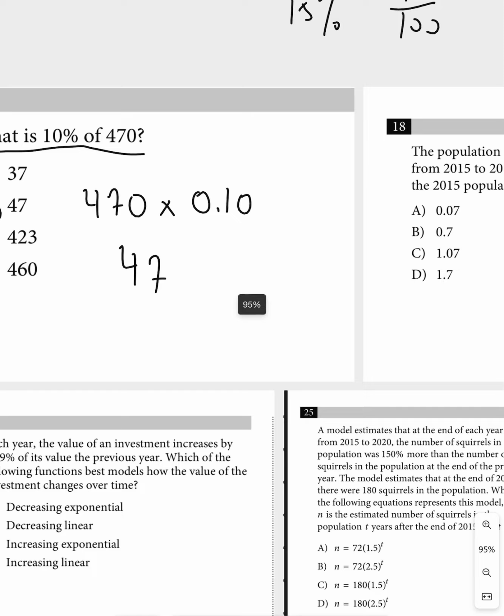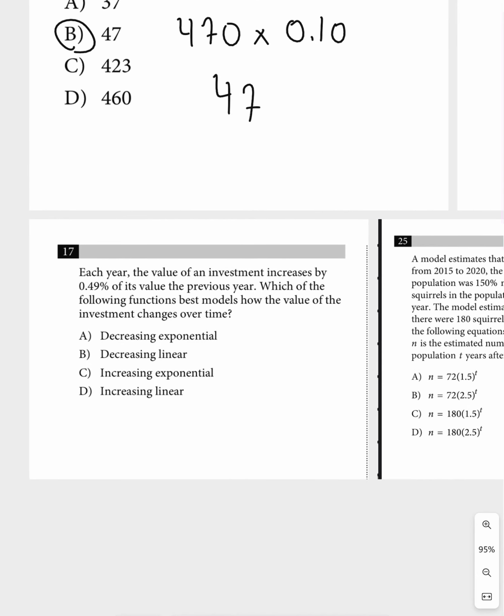So let's try number 17. I would say this is in between a medium and hard level question. So each year the value of an investment increases by this much percent of the previous year. Which of the following functions best models it? Okay, so forget the second part of the question. Let's just set up the equation for the first part, and then we can look at the